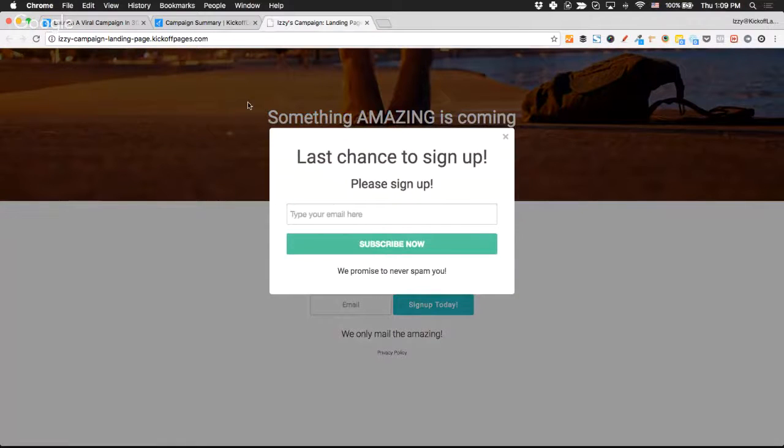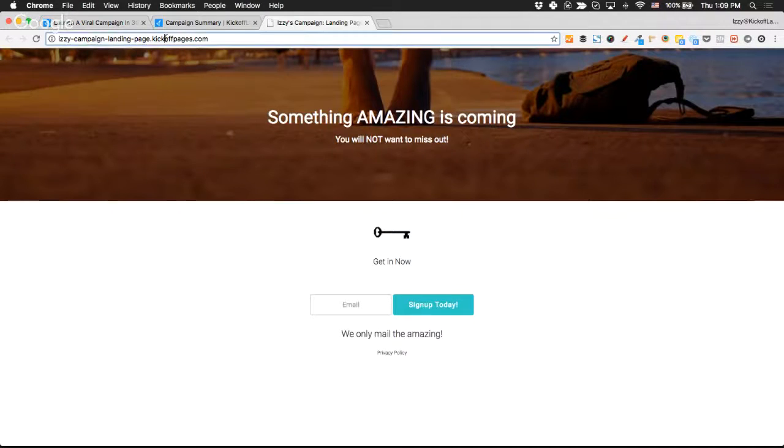This is the bounce exit intent. Since I was mousing around the very top, it thought that I was going to leave the page, so it popped up. But I can see that it already has a URL. Obviously, I wouldn't want to start promoting it like this because this is not customized or personalized to my own business. But I can see that it's fully functioning.